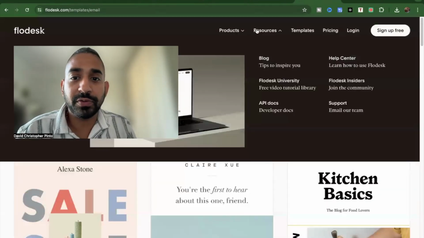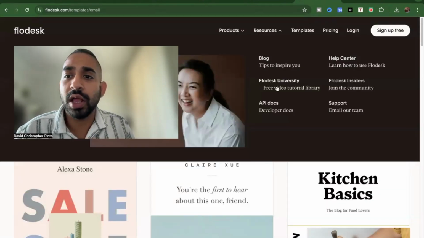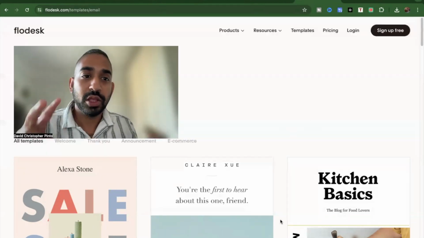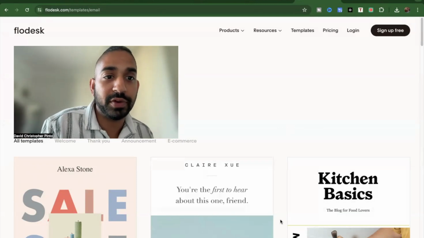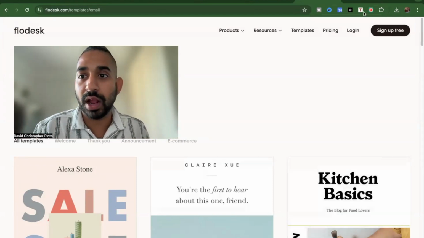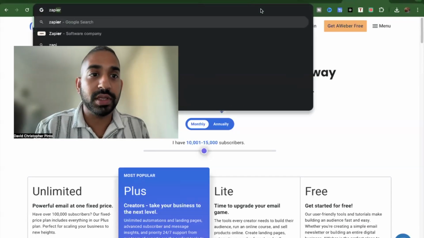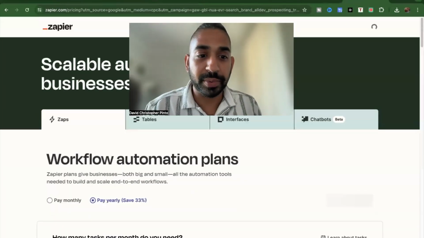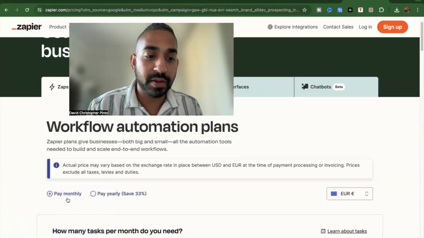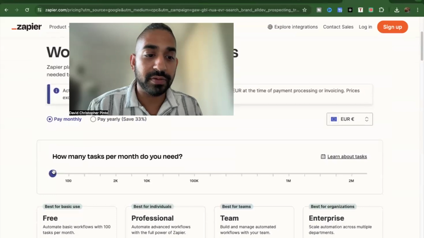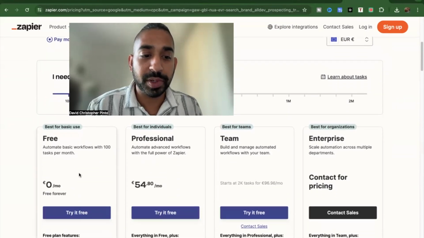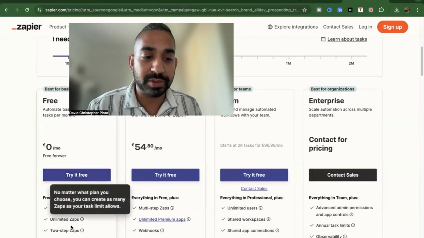You can have resources for free. You can have an API. You can have it to your blog. You can connect it through Zapier, basically from one to the other. So you would have two expenses. You would have $35 per month on Flowdesk, and then you would have your Zapier costs as well, right? So if you want to understand the Zapier costs, just to do the entire pricing, if you want to pay monthly, let's say you have just, I don't know how exactly it works with Zapier, but I believe you can have unlimited zaps. So this is the important thing.